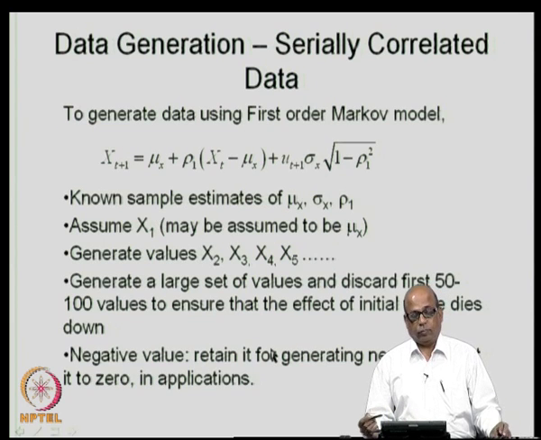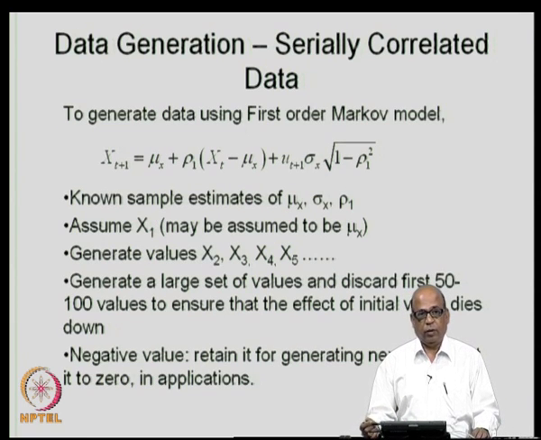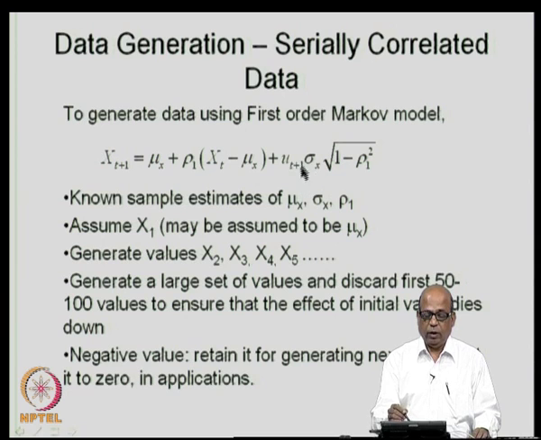Let us see, as I just mentioned, we generate a large set of values. Let us say, if you had observed data of 30 to 40 years, you generate sequences of 100 years. One sequence of 100 years, another sequence of 100 years and so on. How do we generate different sequences? Always by changing the random deviates here. So, by changing the random deviates you generate those many sequences.